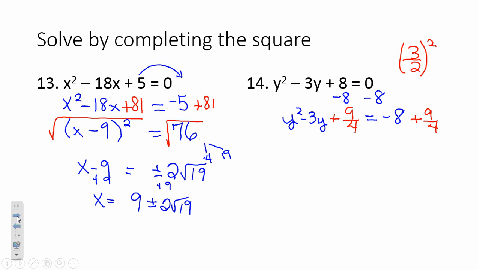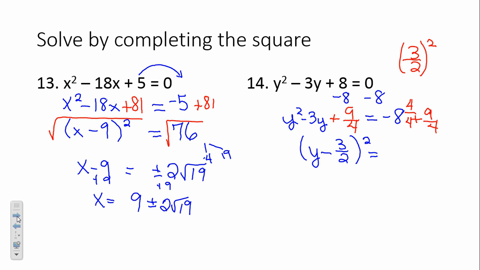Left side is now a perfect square trinomial. Let's write it as a binomial squared. Y minus what? 3 over 2. Quantity squared equals. Okay, be nice if 8 was over a 4, because then we could combine them. So how many fourths are there in 8? 32. We have to take the top and the bottom times 4